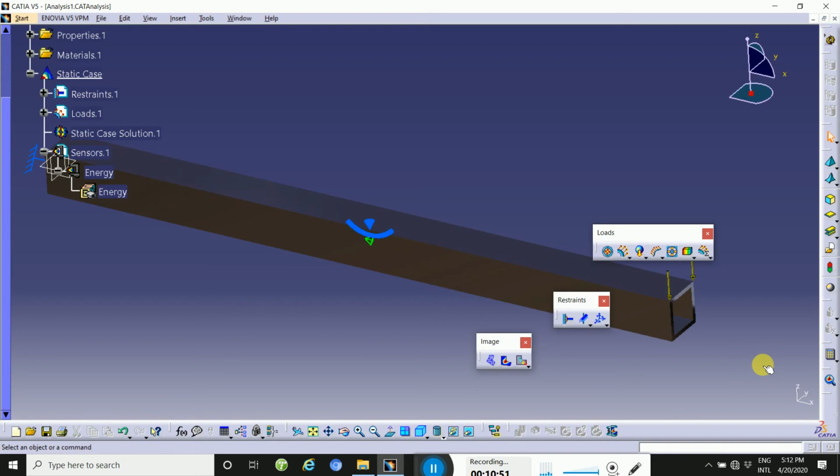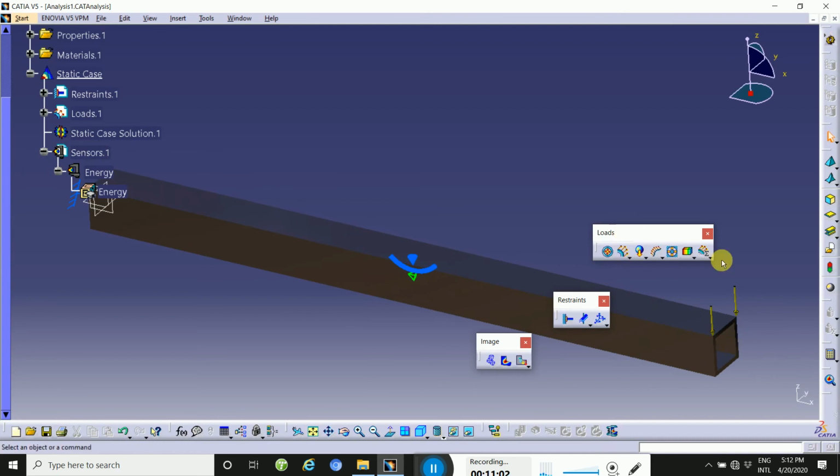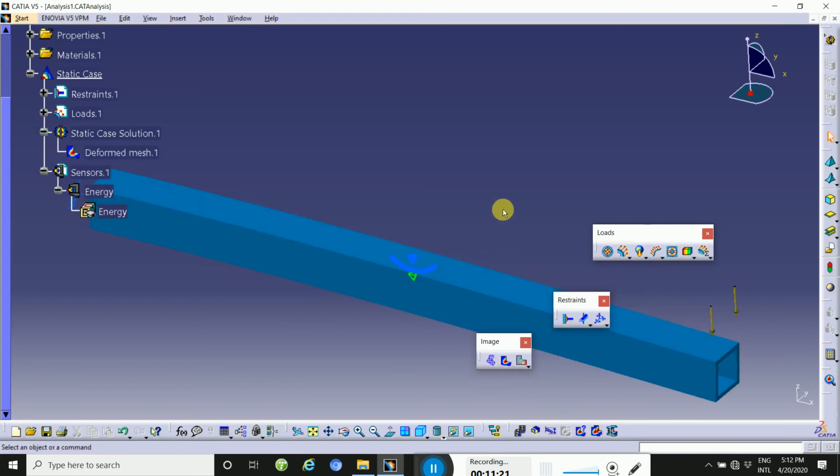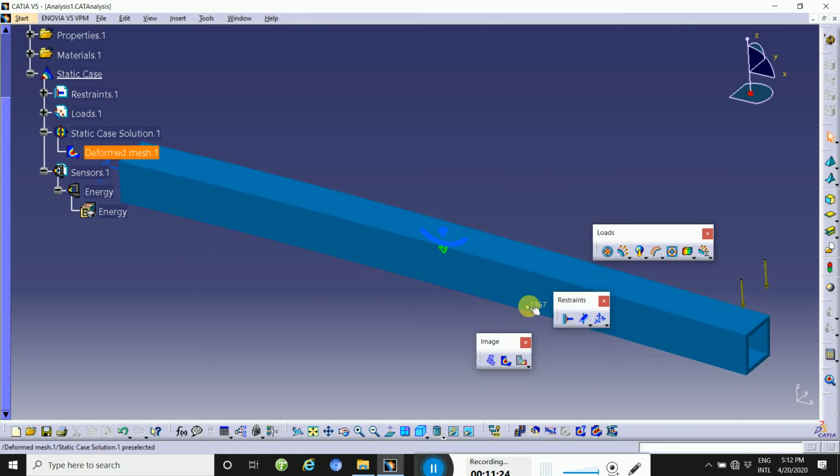CATIA will extract the results. Make sure the analysis does not use too much memory. Next, select the deformation icon. Deformation icon shows the result for the force on the part.